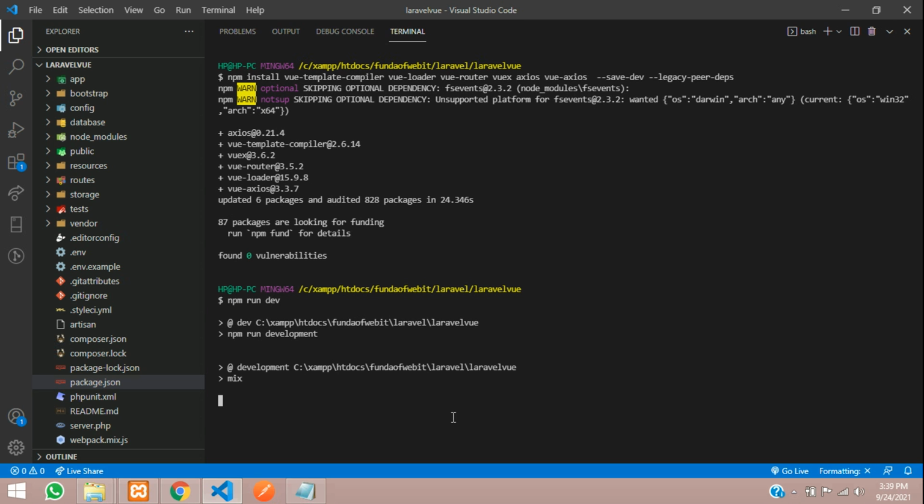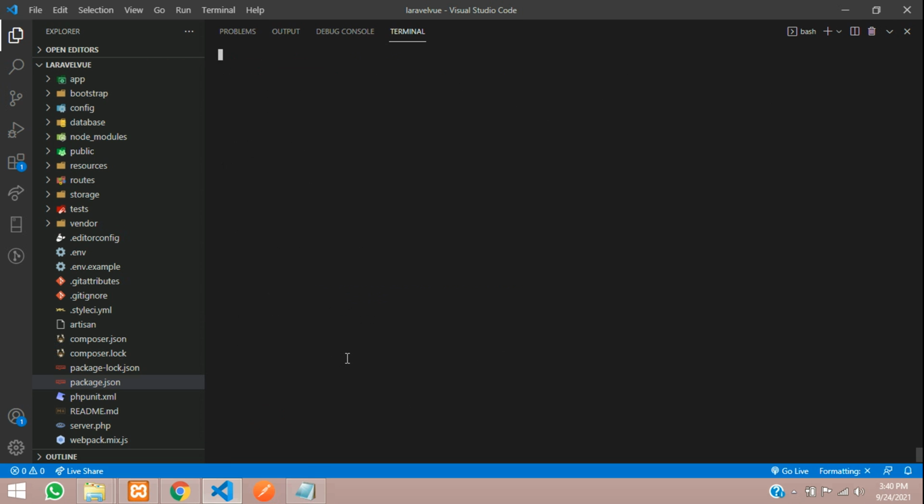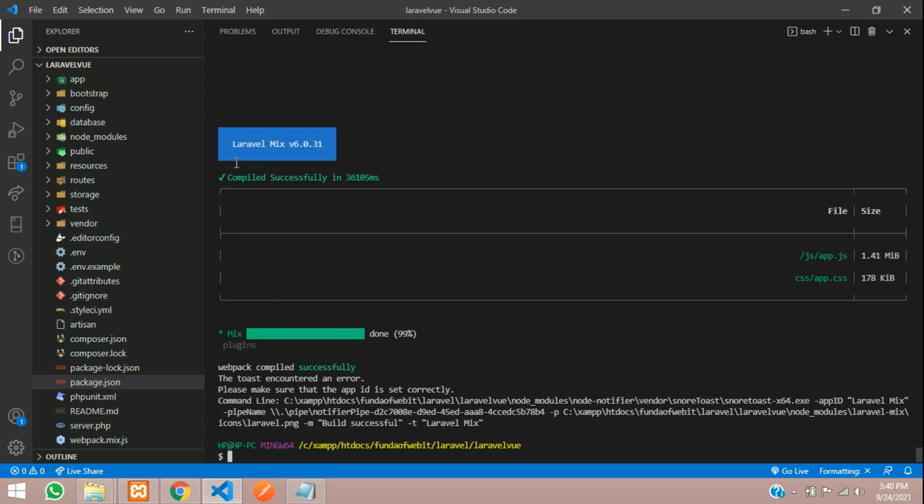Let's see. Okay, it's building. You can see that Laravel Mix has already compiled successfully, all set, and you can check the output now.